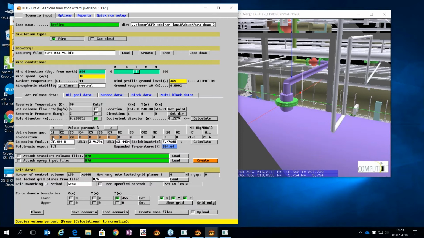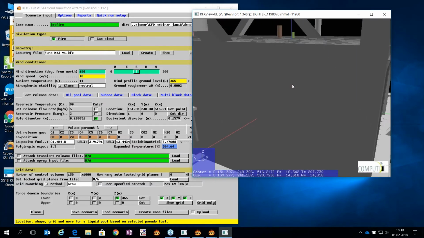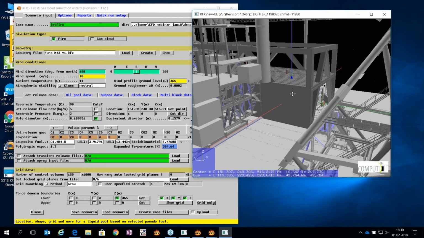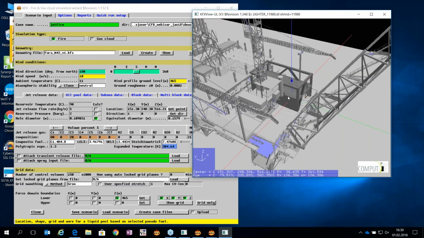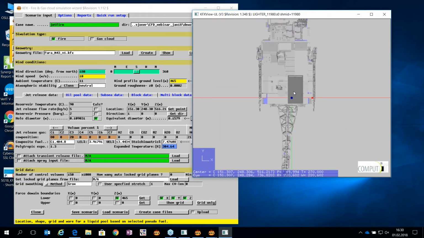You see also that there are some other tabs here. So if we instead had the liquid release, we could set up a liquid pool or a liquid release location. I also have to say something about the boundary conditions. So let me now zoom out a little bit from our process module. And if I now navigate here, looking at my geometry from the top, looking down at it,